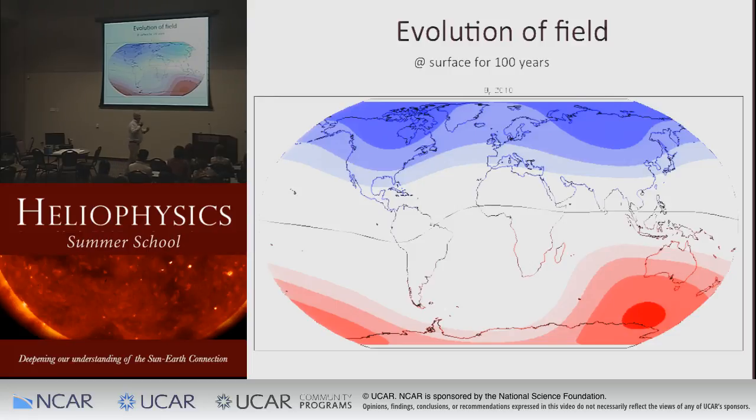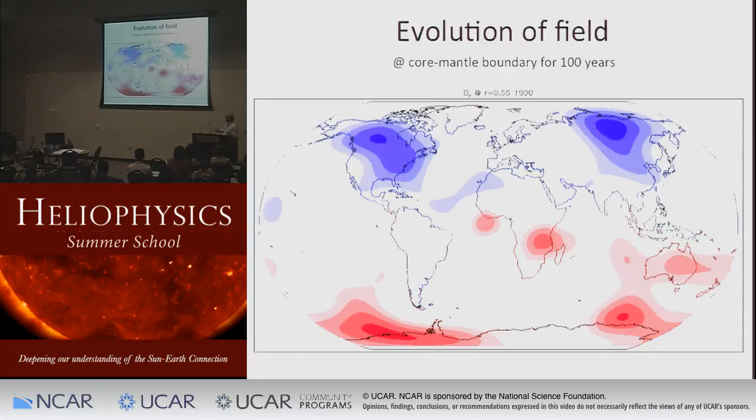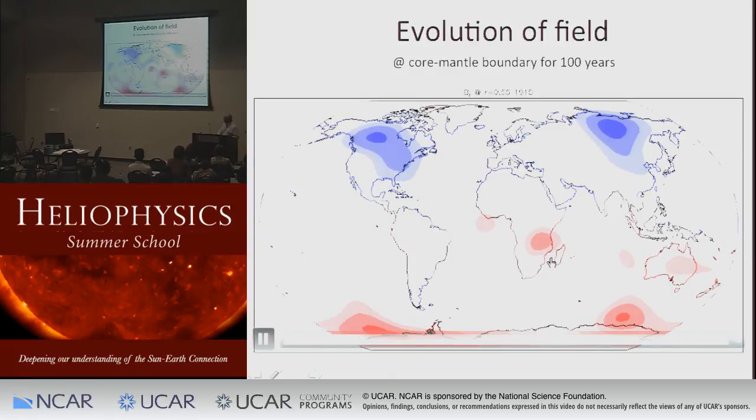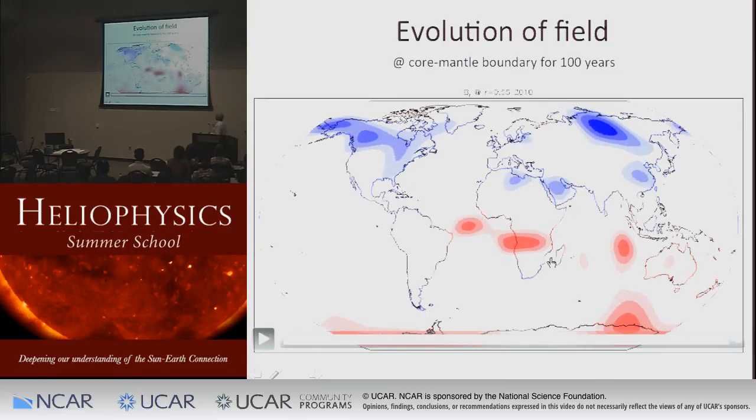It's just constantly swirling around, constantly changing the magnetic field. We see even the dipole moment. But of course, if we look at the magnetic field at the base of the convection zone, at the top of the outer core, it looks complicated, and you can see it changes much more dramatically because that's really where the turbulence is